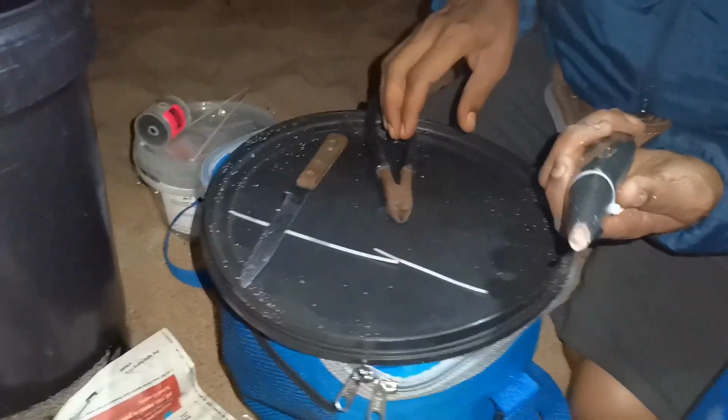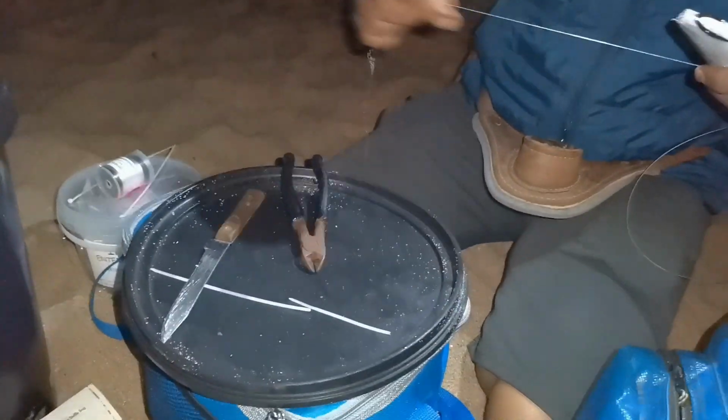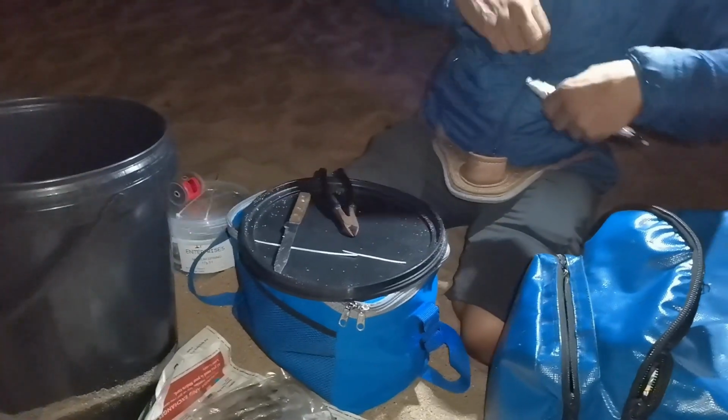There you go, just like that. Now what we'll do is, because we don't want to have any mishaps or anything of that sort, this bottom end here, we'll just give it a little bit of a fast mark, just to tie it up so your fish doesn't get